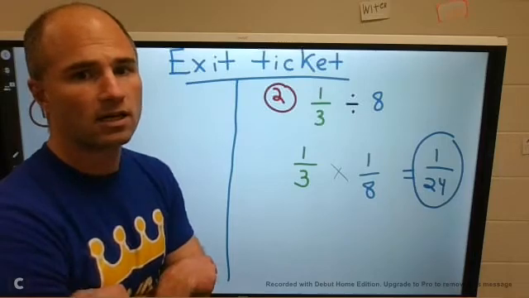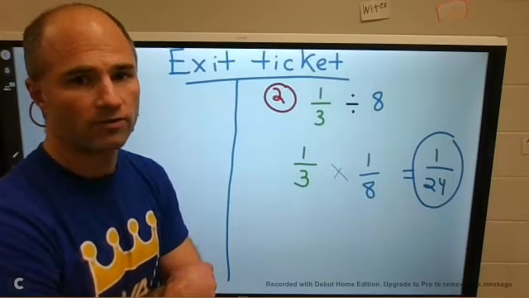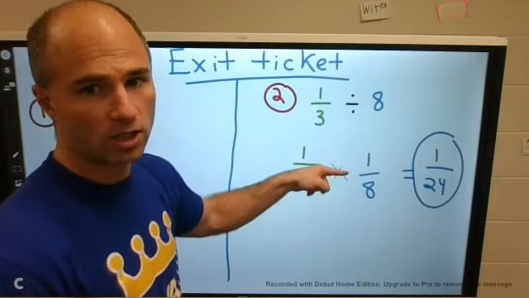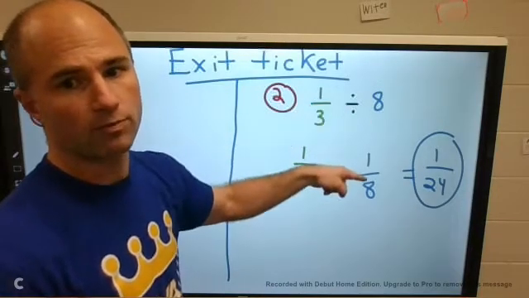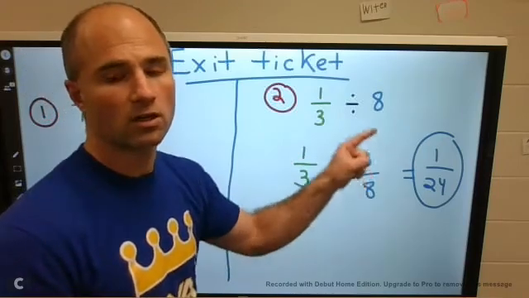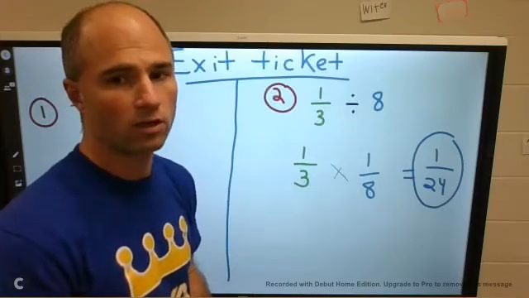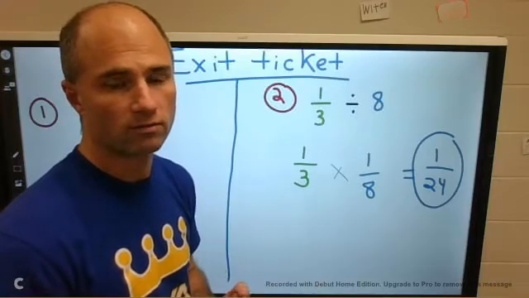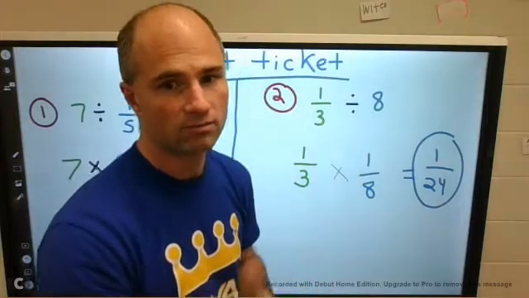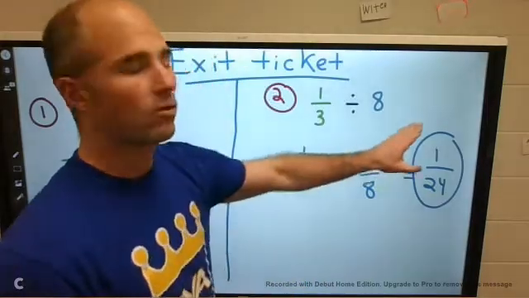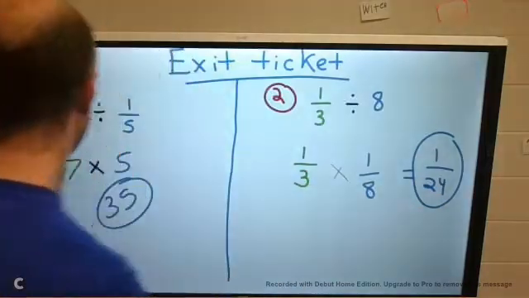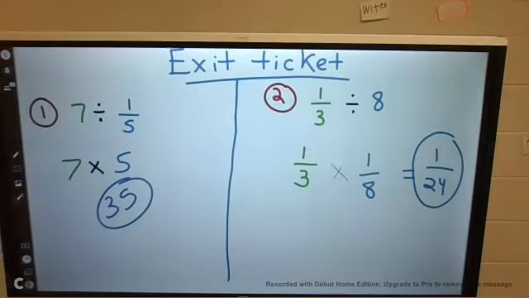Next, number 2, 1/3 divided by 8. I keep the 1/3, I change to multiplication, and I flip it to 1/8. Therefore, 1/3 times 1/8 gives me 1/24. Gotta put it in a decimal? We don't want to put it in a decimal yet. Not yet. All right. So 1/24. Moving forward to what we're doing today